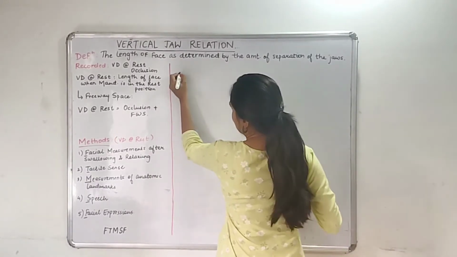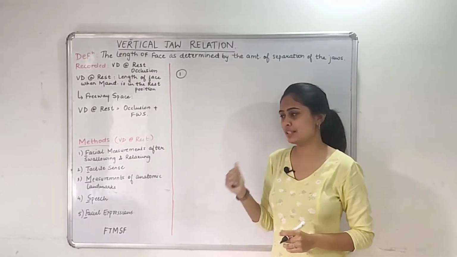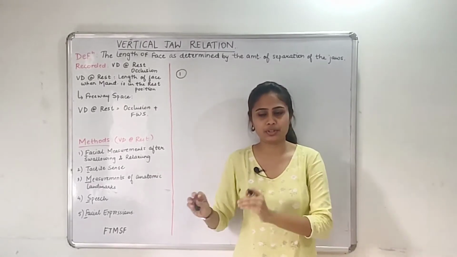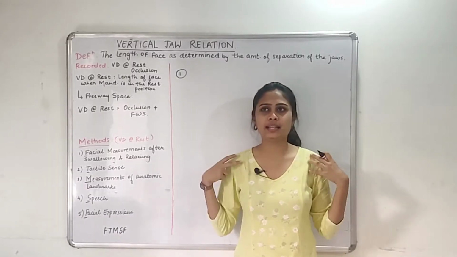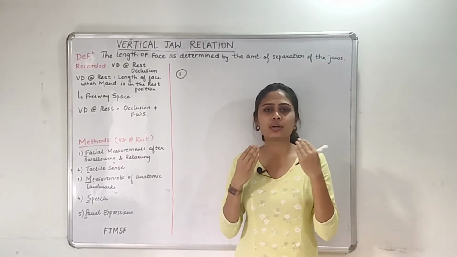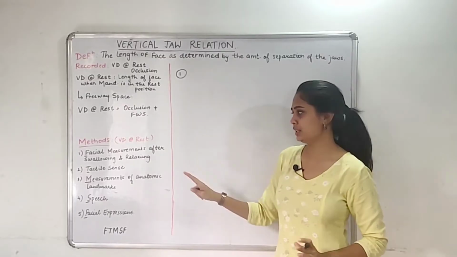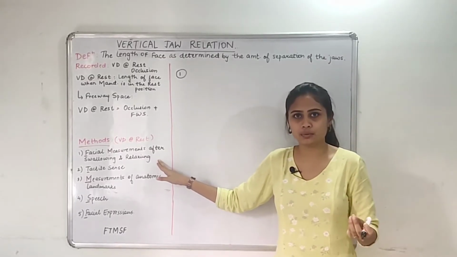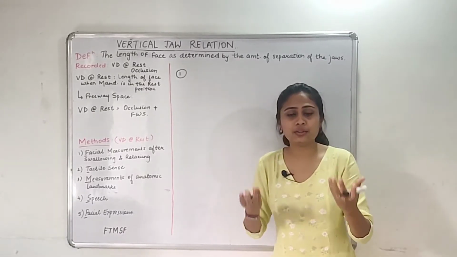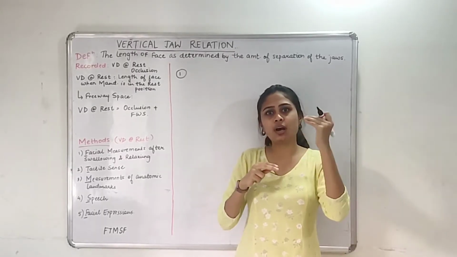First we'll see how to record the vertical dimension at rest with the help of facial measurements and swallowing. Here it is very simple. The patient is asked to relax and sit. First the patient is asked to sit in an upright position, and then we ask the patient to relax the shoulders. When the patient relaxes the shoulders, the suprahyoid and the infrahyoid muscles are relaxed. After this, we ask the patient to do the functional movement, that is swallowing. After swallowing, you can see in yourself also, there will be a little amount of space between your upper and the lower teeth.